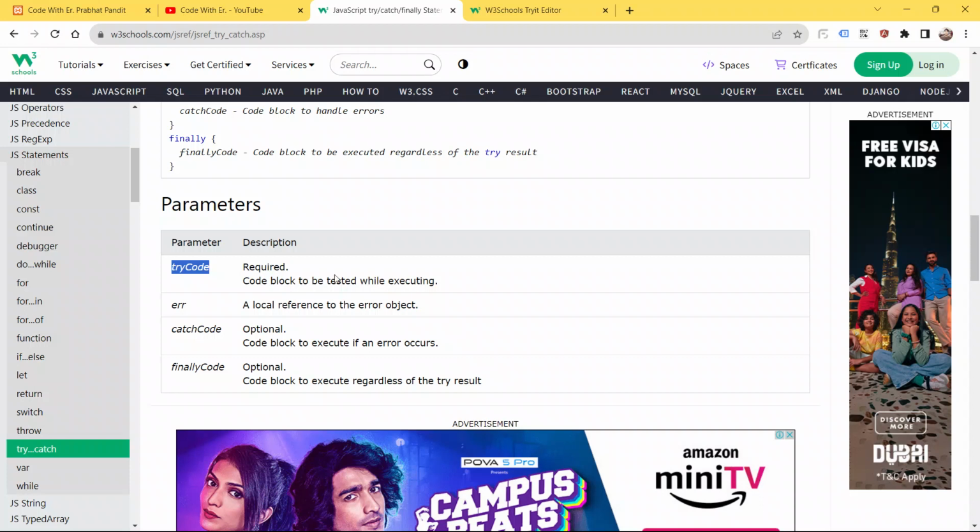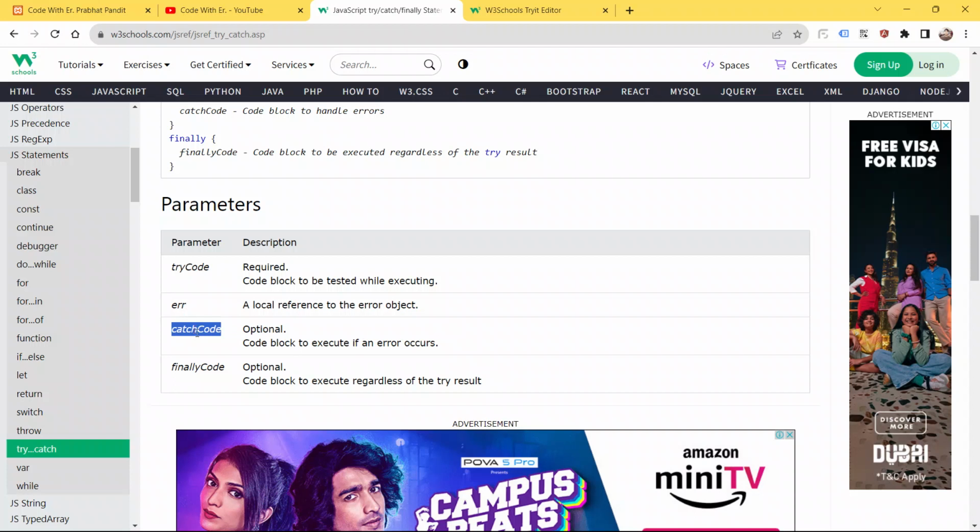And here is err: local reference to the error object. Catch code: optional, code block to be executed if an error occurs. So in the catch block we generally handle the exceptions, or the errors which are thrown by the try block.